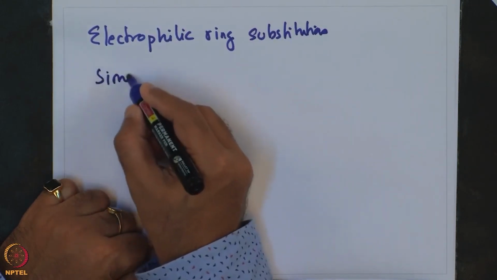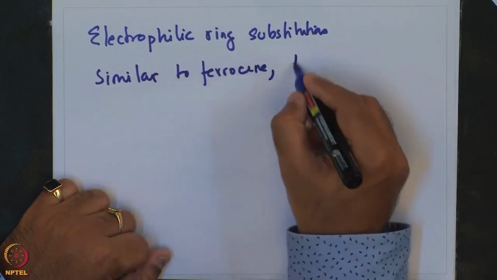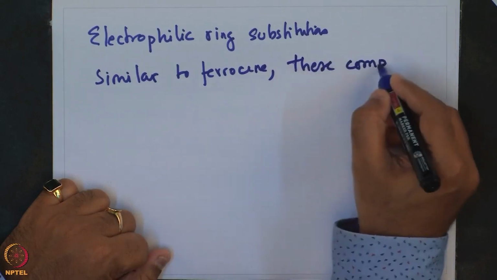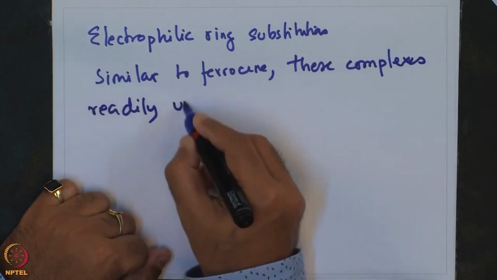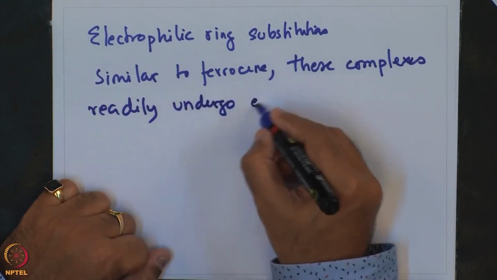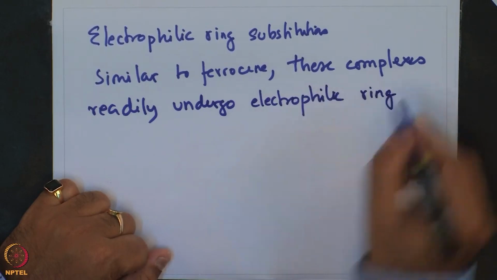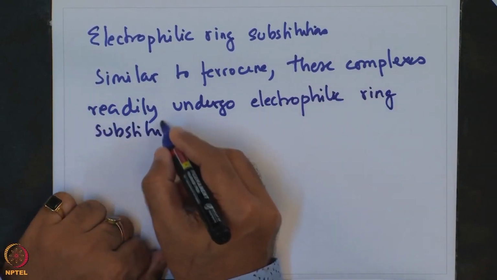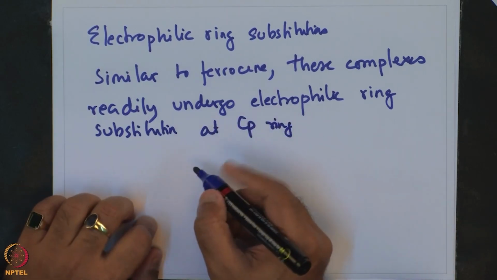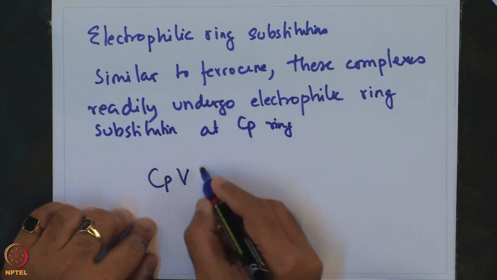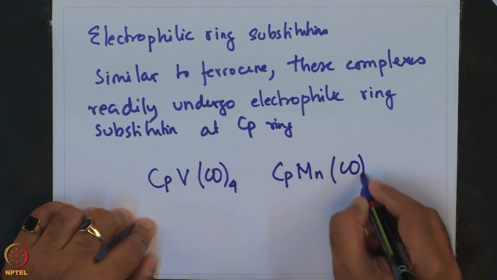Similar to ferrocene, these complexes readily undergo electrophilic ring substitution at the Cp ring, and examples of these are CpV(CO)4, CpMn(CO)3,